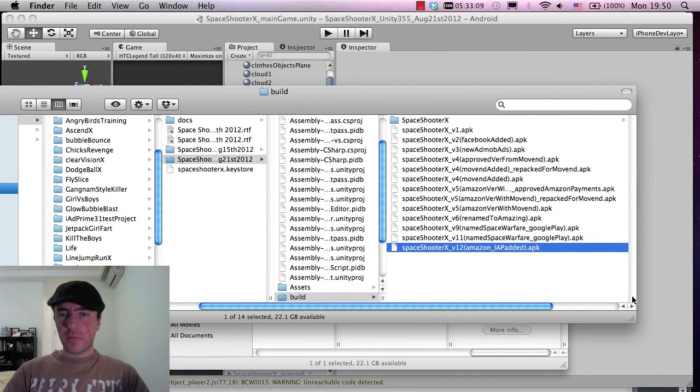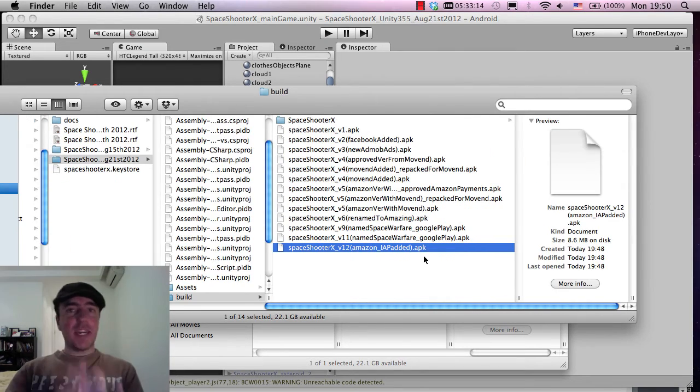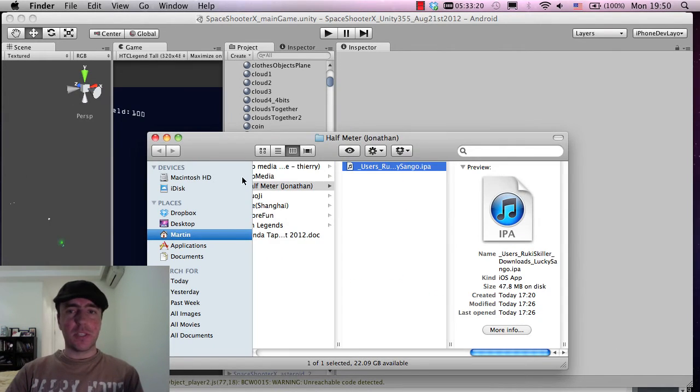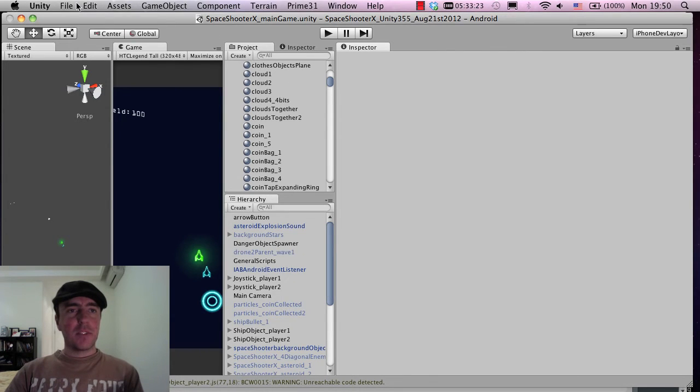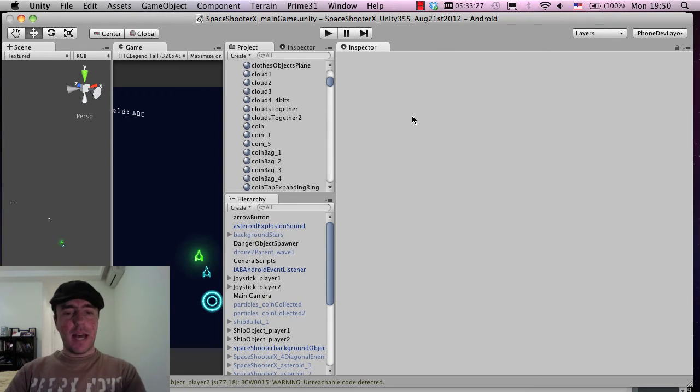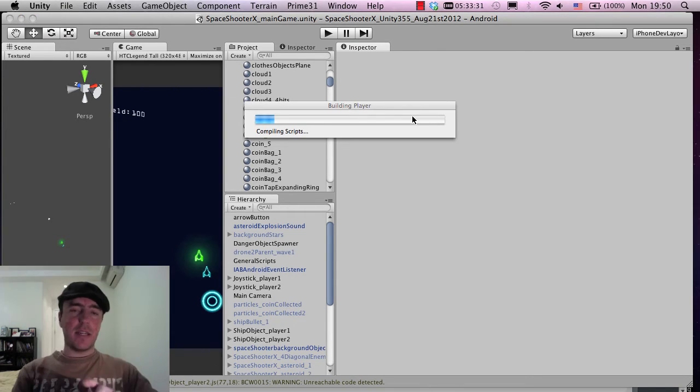So this folder window has popped up, and here it is, the version 12 Amazon in-app purchase. If the APK has appeared, it means that it's built, no problem. There's no library integration issues, which is fantastic. So I'm just going to click File, Save Scene, Save Project as a habit, and I'm going to click Command and B now. And I've just plugged in my Android device here,